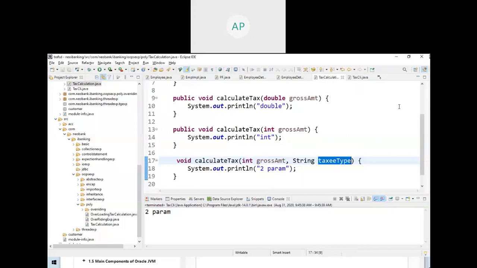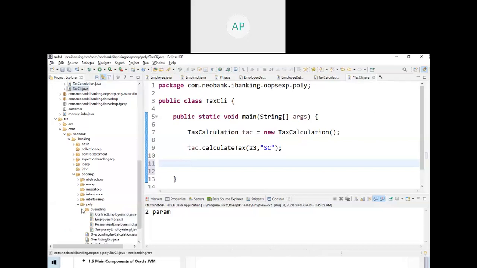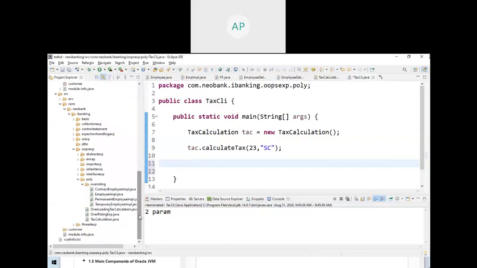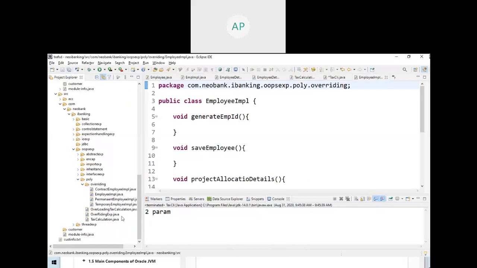So for another one, say for example, before we created, okay, the best way of creating an object. Here we created the overloading and overriding concepts. Here you created a client, right? Which one? Employee implementation, employee detail.